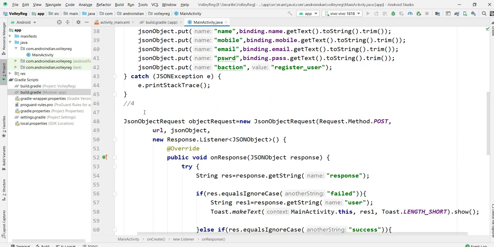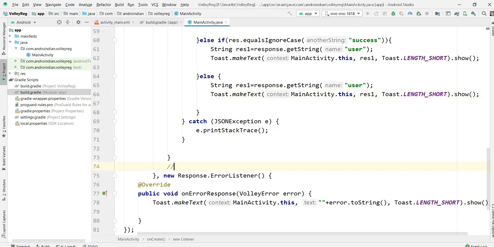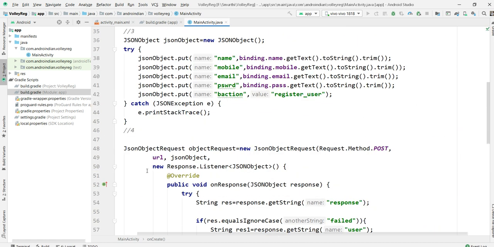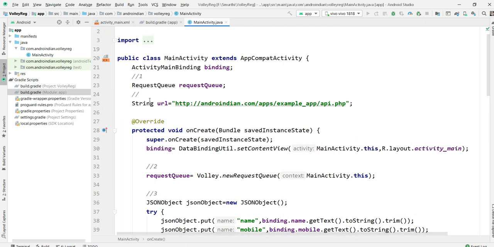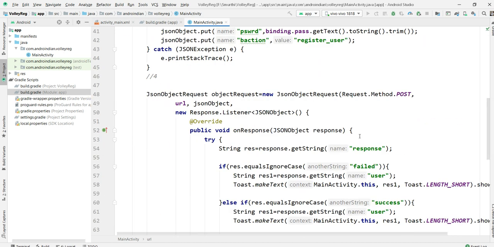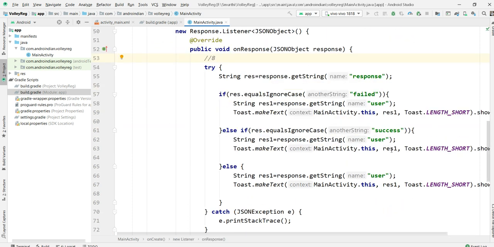After this fourth step, this is step 5, this is step 6, the URL declaration is step 7, and this is step 8. Within only 8 steps we can finish our program.